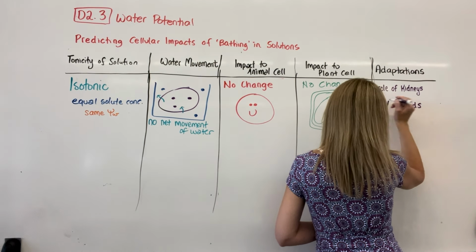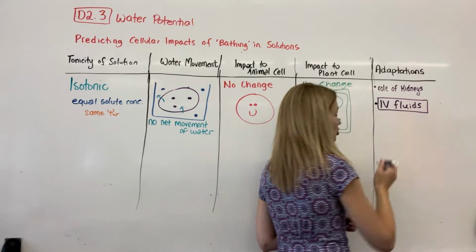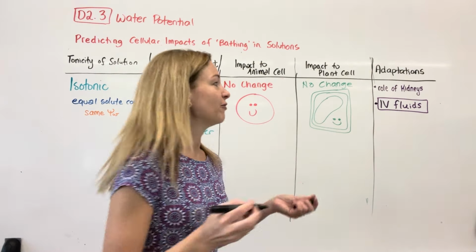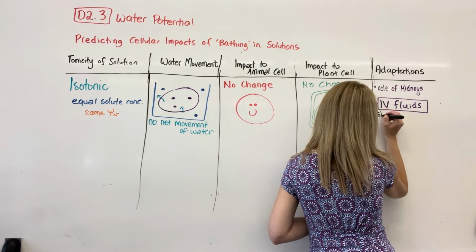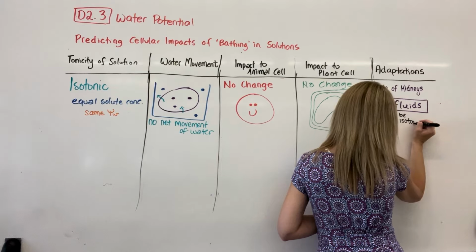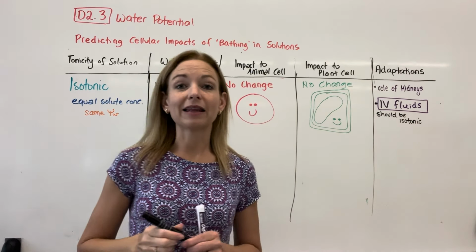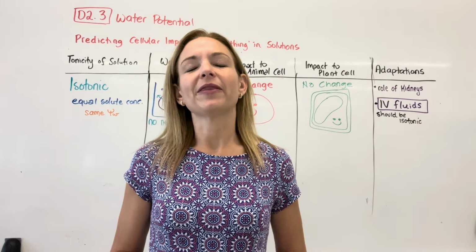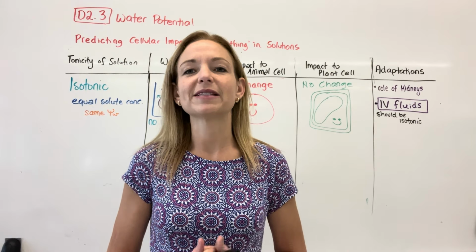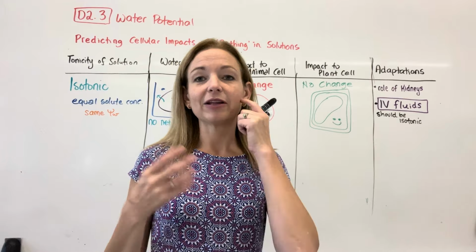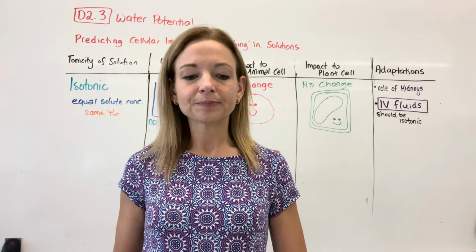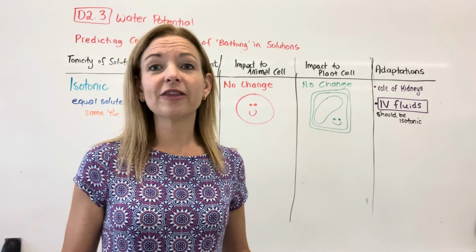So anytime fluids are given directly into the bloodstream, they need to be as isotonic as possible. So IV fluids should be isotonic. Occasionally, they are actually slightly hypotonic to allow for some rehydration, but they would need to not be very, very hypotonic because it would very quickly overwhelm the cell. So generally speaking, they have a little bit of sugar or salt in them in order to maintain that. Okay, so that's all things SL.